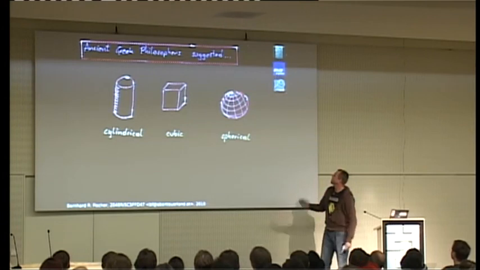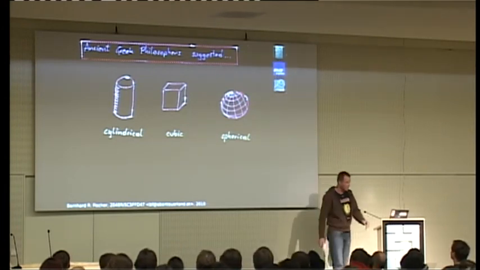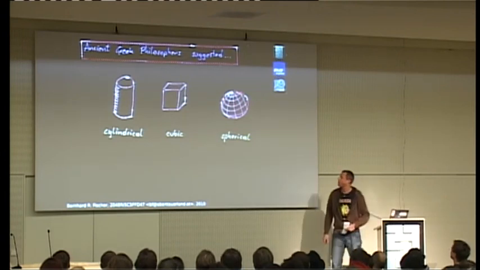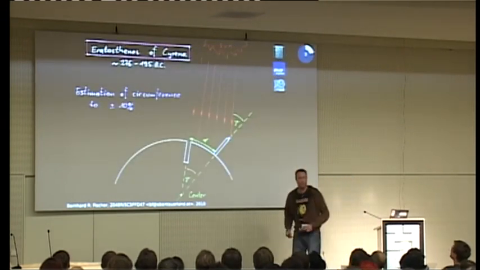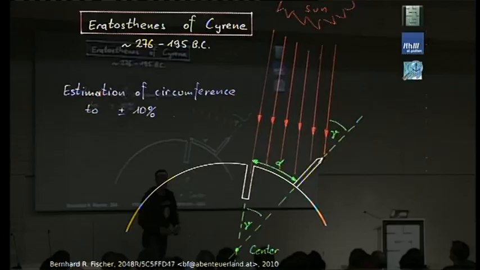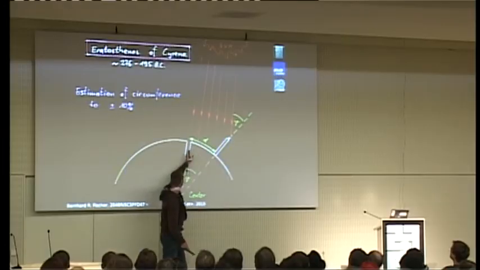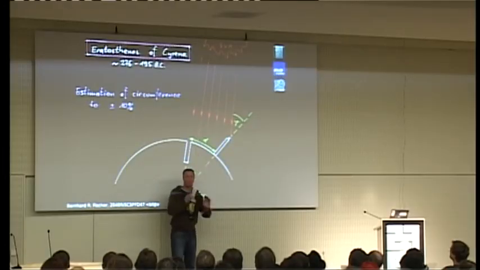And then somebody suggested that it must be a sphere, and this guy was a Greek philosopher called Eratosthenes of Cyrene. He was the first who really said, okay, it is a sphere, and he did this well-known experiment. So it's a small picture. He did an experiment. If we assume there is the sun, and he has a tower here, and there's a hole, and the sun has parallel light.